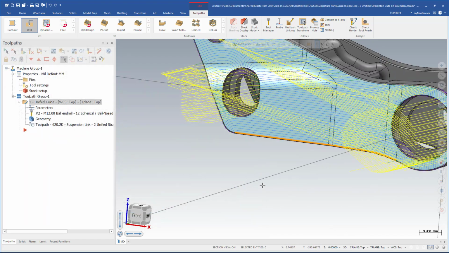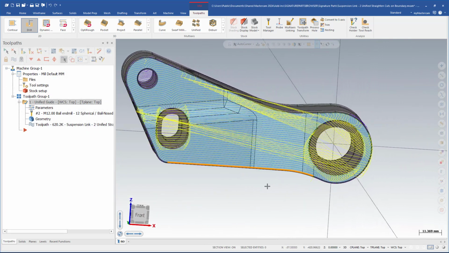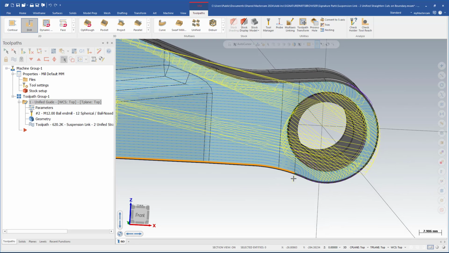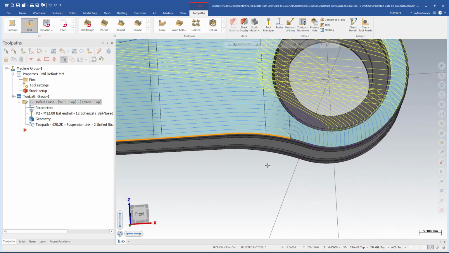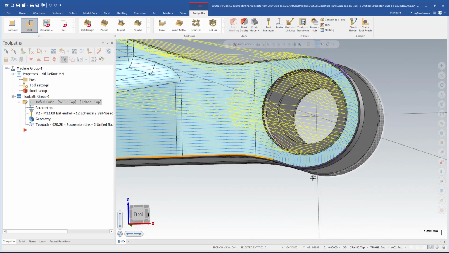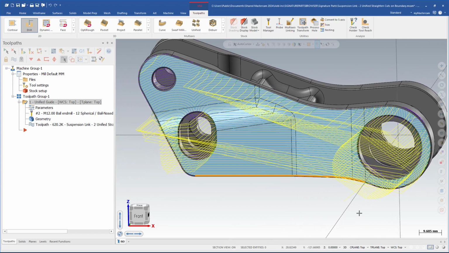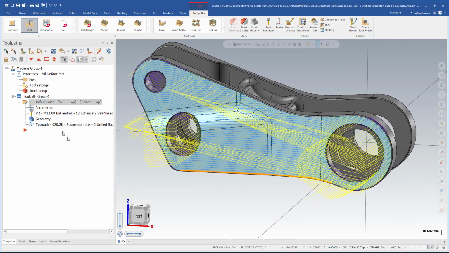And this is okay, but we notice that there's actually some issues here. Notice that because the guide curve ends at that point, the toolpath really kind of wraps around because it's trying to follow that guide curve. And this creates some really weird toolpath intersections, and it's really not desirable for our finish. We want this to be a lot smoother and more flowing. So if we go back into the parameters,